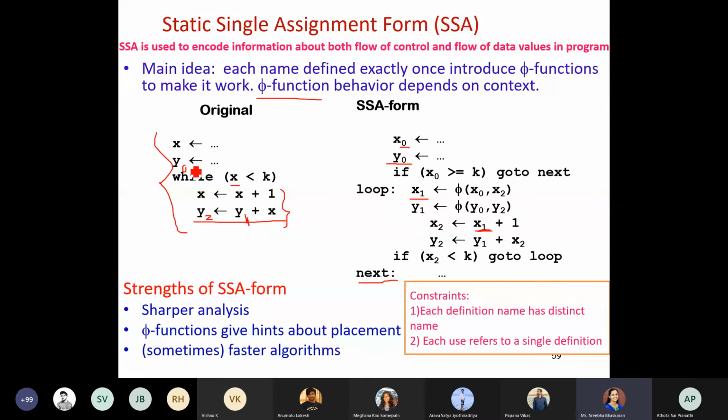It is dependent on y0 and y2. So I have applied a phi function, which will help me take the recently updated value: either the previous initial value, y0, or, if you enter into the loop, y2. Accordingly, y1 will get the value.